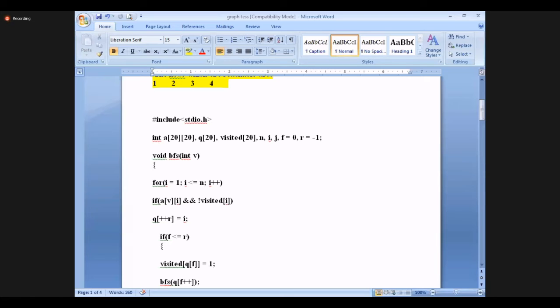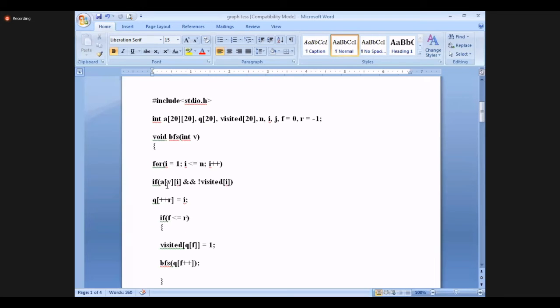Even though you are in the particular row and you are visiting from 1 to 2, 3, 4, you have to check two conditions. One is that you are going to the particular node, and then you have to find out whether that node is visited or not. That information you are giving in the if. This particular node should exist and the connection should be there, and it should be unvisited. Both should be satisfied.